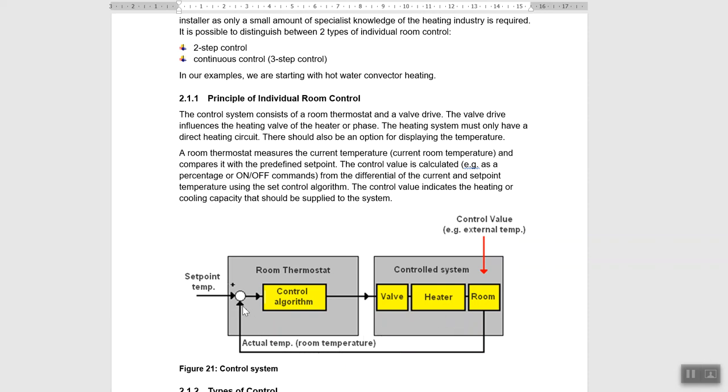So from this comparator, there is an output. It's called control error. So for example, the room is 18 centigrade. You set the set point 21. Then the control error is 3 degree. This 3 degree is going to the PID controller. The PID controller calculates the control value. So the control value is the output of the PID controller, and it's going directly to the valve actuator or